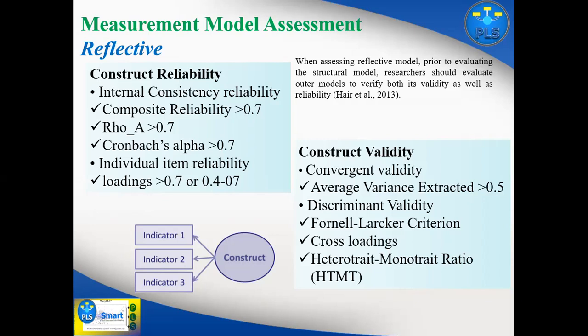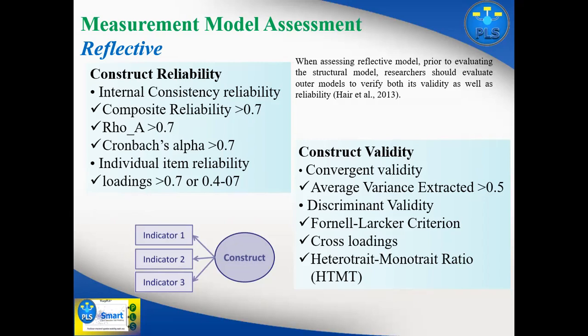Okay, so when we say construct validity, we are talking about whether these items are truly grouped together as items that measure that particular construct. We don't know whether they are or not until we check these. Number one is convergent validity. In convergent validity, we look at the average variance extracted. We call it AVE. And this AVE needs to be greater than